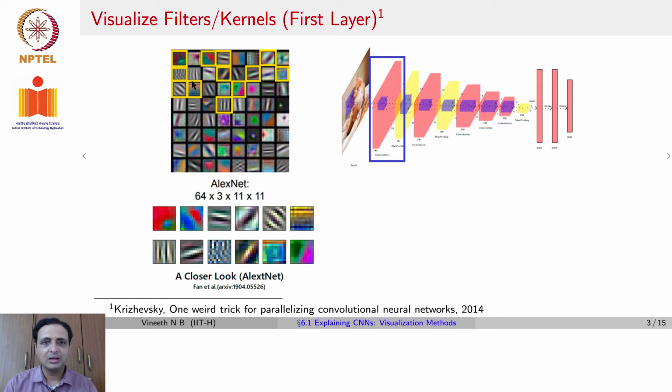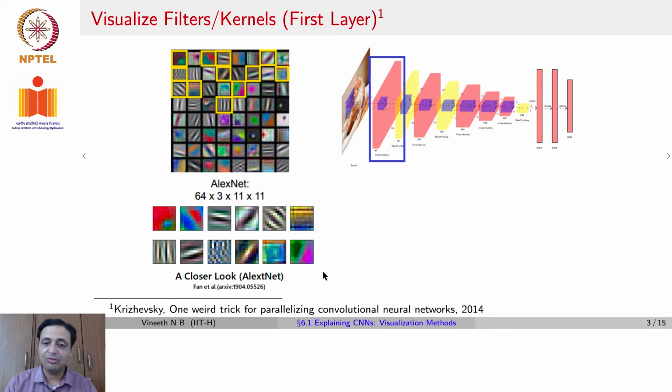If you visualize some of these filters more carefully, you see that there are filters that try to capture oriented edges. So you can see this one here on the bottom row, the fourth from left, which looks like a Gaussian edge detector which is smoothed out along a certain orientation. Similarly, you have another edge detector here, another edge detector here on top. You also have some which capture slightly higher order variations, such as a checkerboard kind of pattern or a series of striations, and so on and so forth.